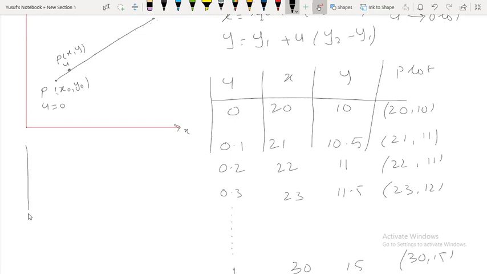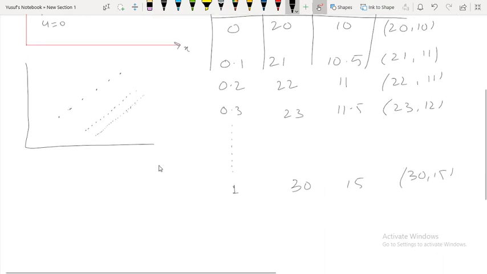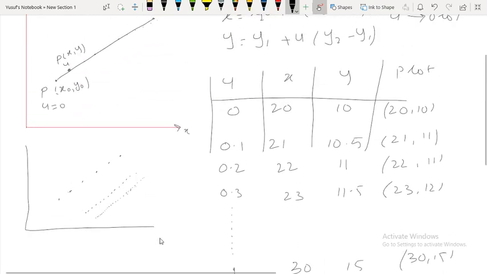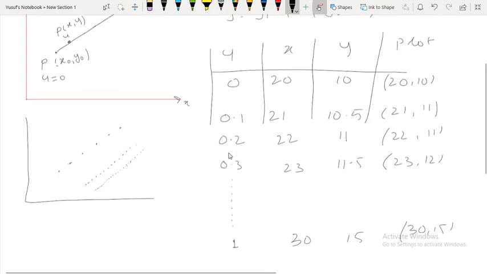Suppose the gap between parameters is more, then you will get a line like this. If the parameter gap is less, you will get a line like this with less gap. If the parameter gap is very small, then you get a very small gap, which means you are getting a simple continuous line. So the gap between two adjacent pixels on the line depends upon the gap between two parameters. Similarly for a circle, the gap between pixels depends upon the parameter value.